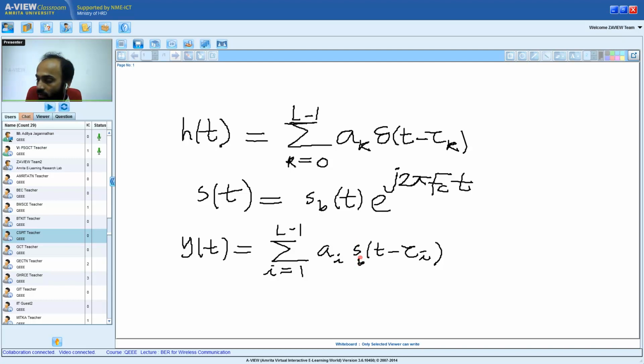This is s_b(t minus tau_i) into e power...